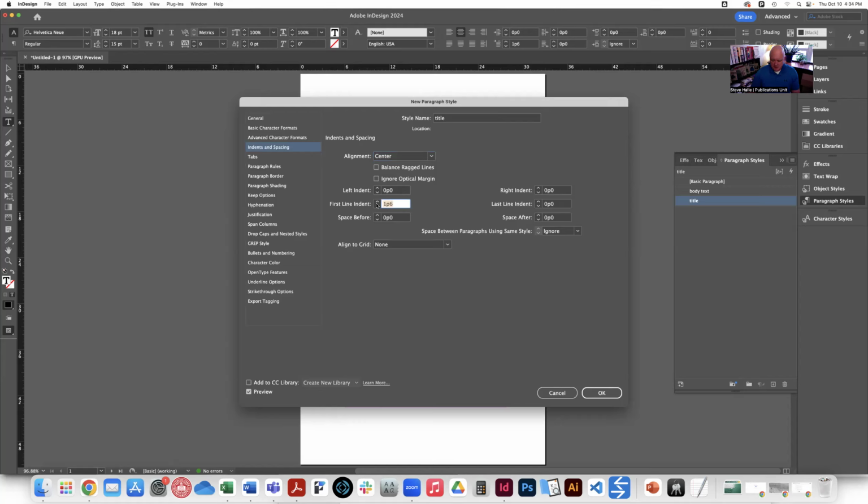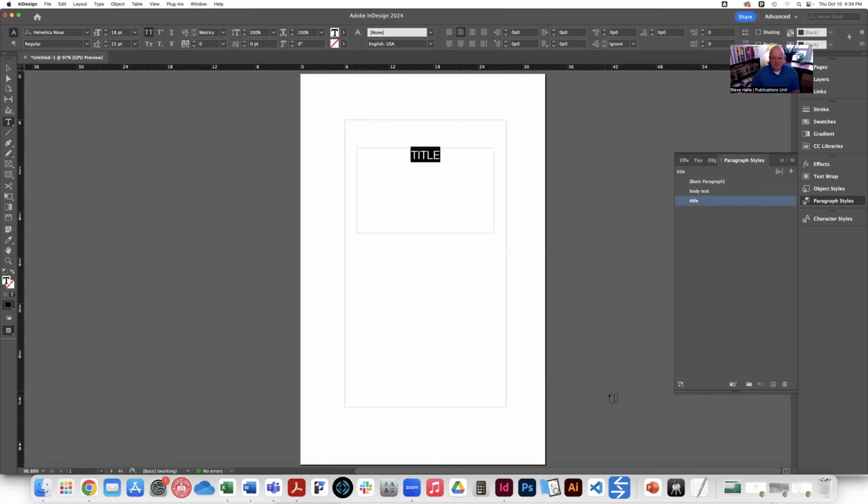And then I want to just get rid of that first line indent that it's bringing over because I don't need that for this style. So once I do those two things, this style is all set to go. And I'm just going to go ahead and click OK. So now my title style is made. And then I want to create a third style